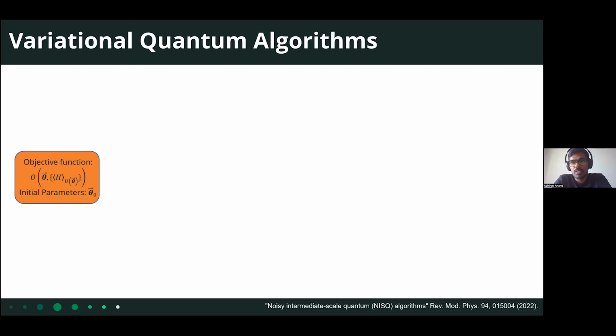This can be done based on the variational principle, which hopefully everyone is familiar with, which tells us that if you encode the problem into the Hamiltonian, then any state you find is going to be lower bounded by the exact ground state energy. So the goal becomes to find the lowest energy possible